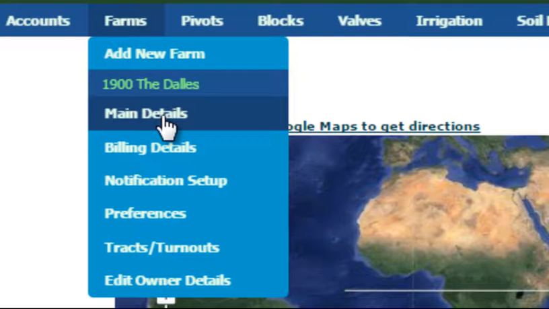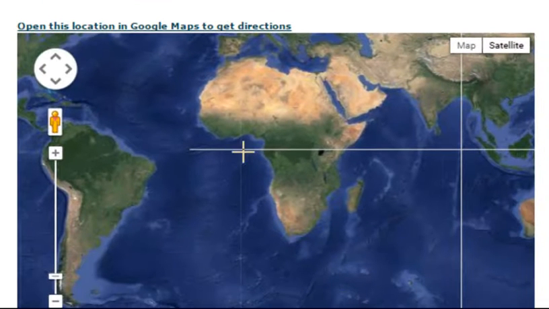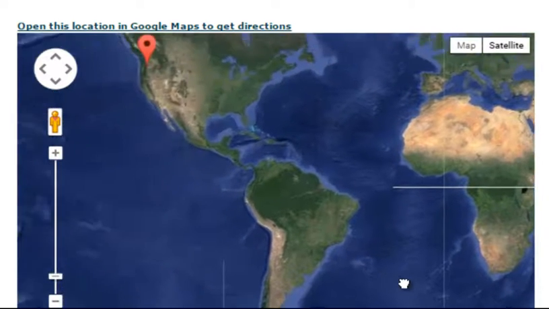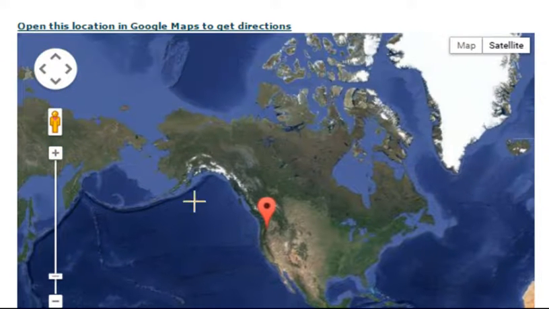If you didn't put in the coordinates when you first entered the property, then this will wake up and show you 0.00, which is just off the coast of Africa. So let me show you a cool trick on how to get to where you want to be. We know that we're in the western United States. I have it there, so I'm cheating, but if it wasn't there, then at least we know this is the